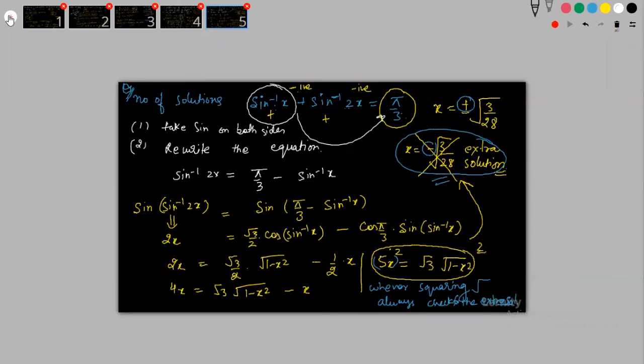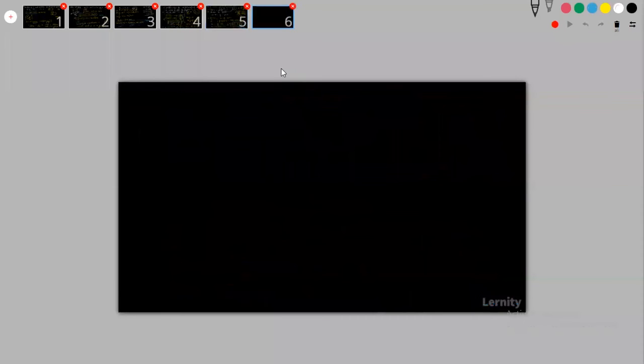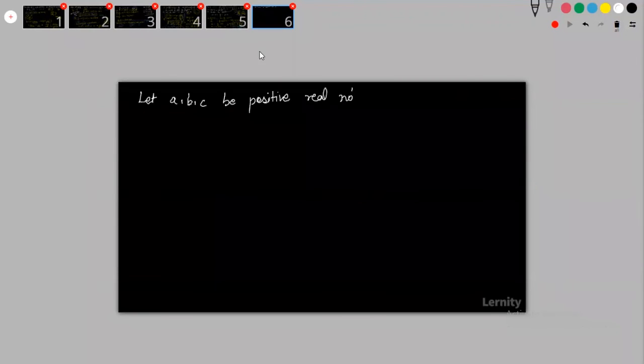Fine, let's solve the next one. So they have given: let A, B and C be positive real numbers, and